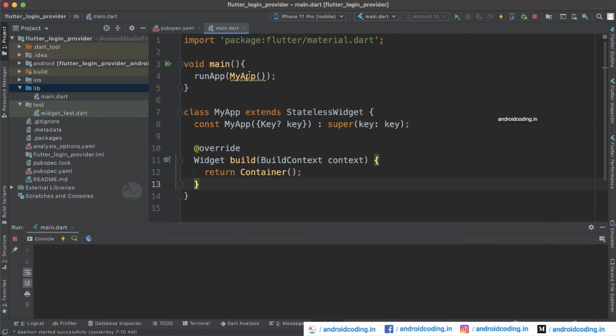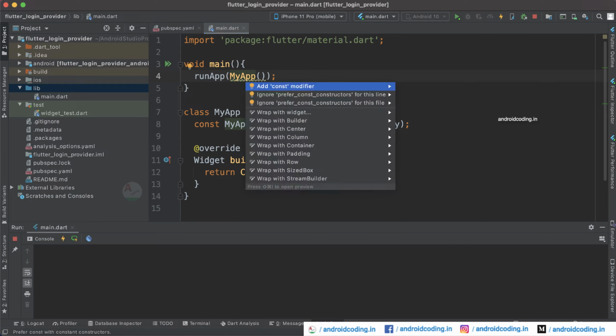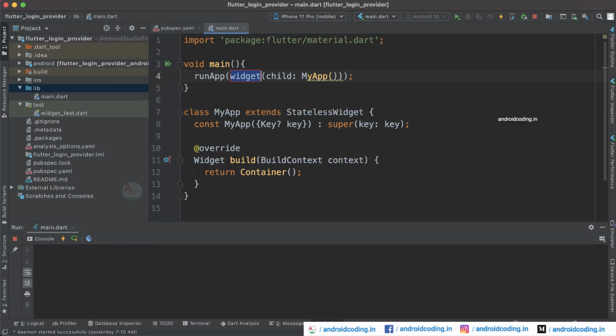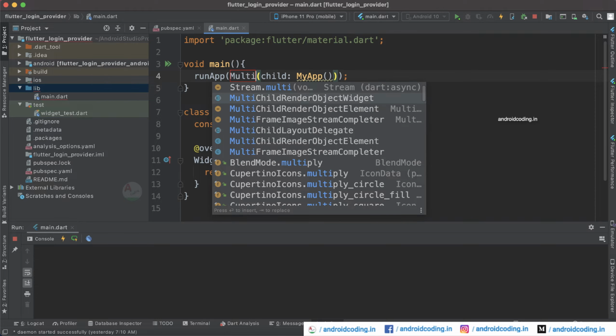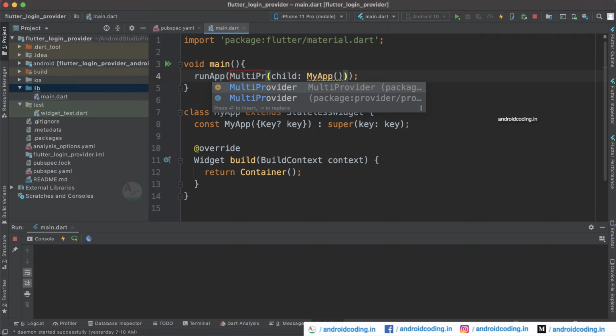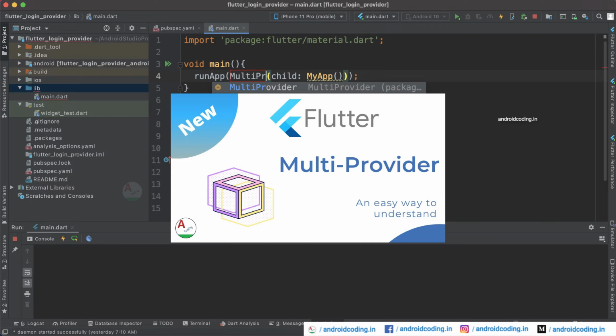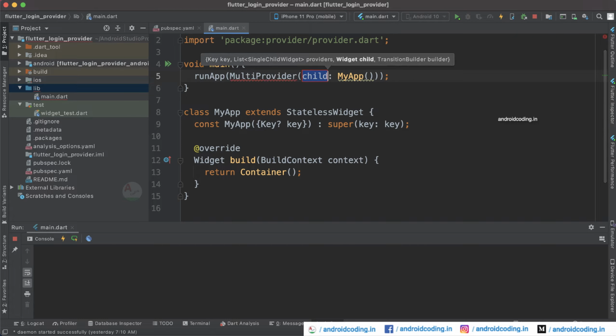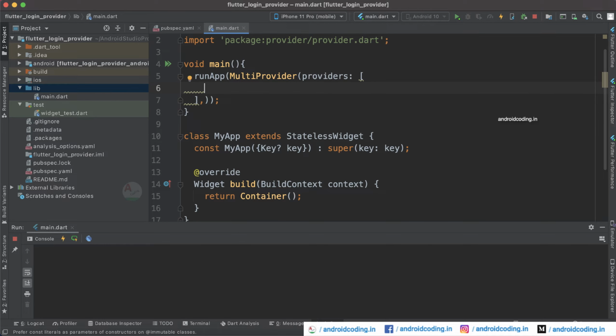So now here let's try to add our provider inside the run app here. So here you can just wrap with a widget and provide multi-provider here. And in our previous tutorial we have discussed what a multi-provider is, and I am providing the link in the description section below. You can just go through it for further details. And here for now I'm just trying to cut this information and provide the list of providers here. So I'm currently just having one provider, that is change notifier provider.